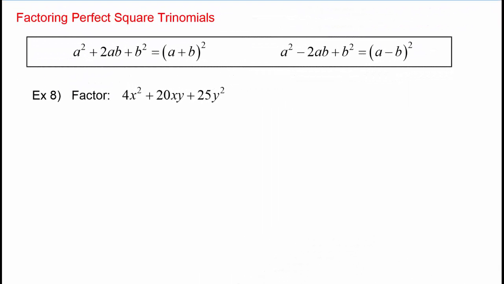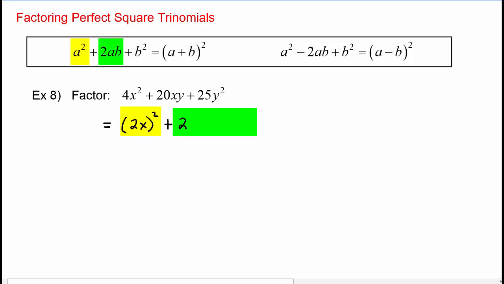In example 8, we're going to see if we can write this perfect square trinomial into the form a squared plus 2ab plus b squared. So the first term, easy enough, we write the quantity 2x squared. Now the second term, if we try factoring out a 2,